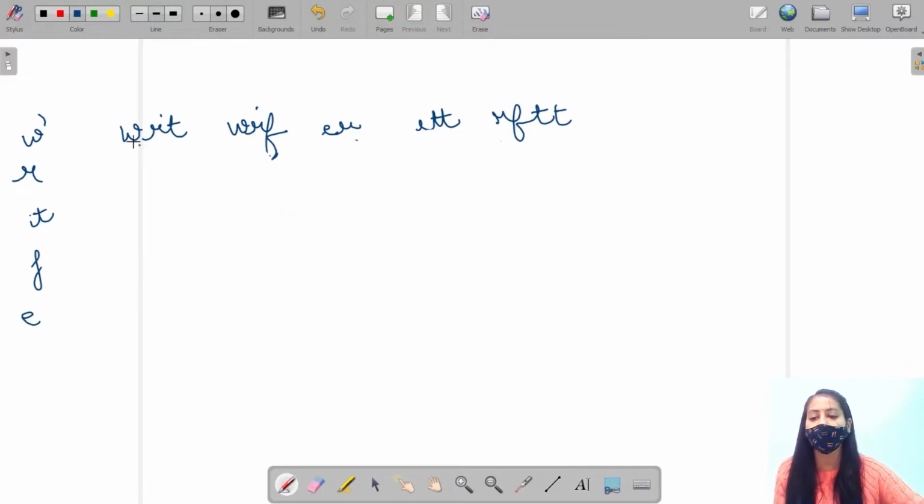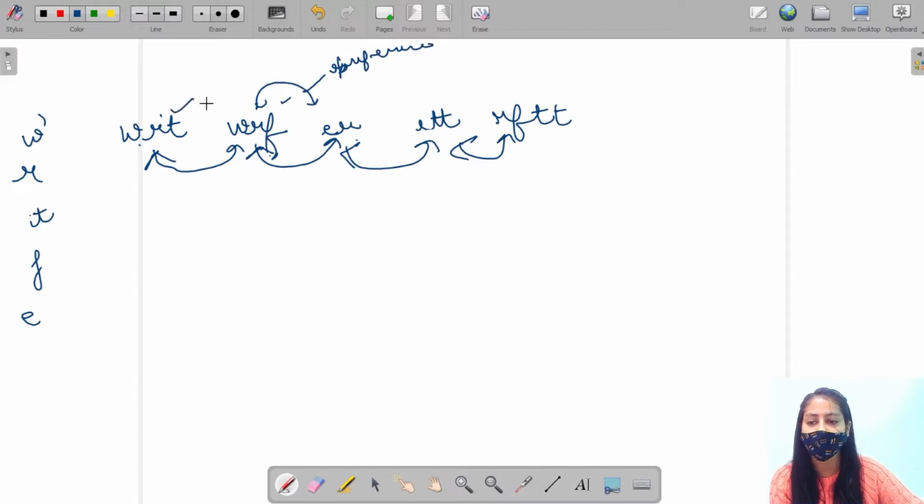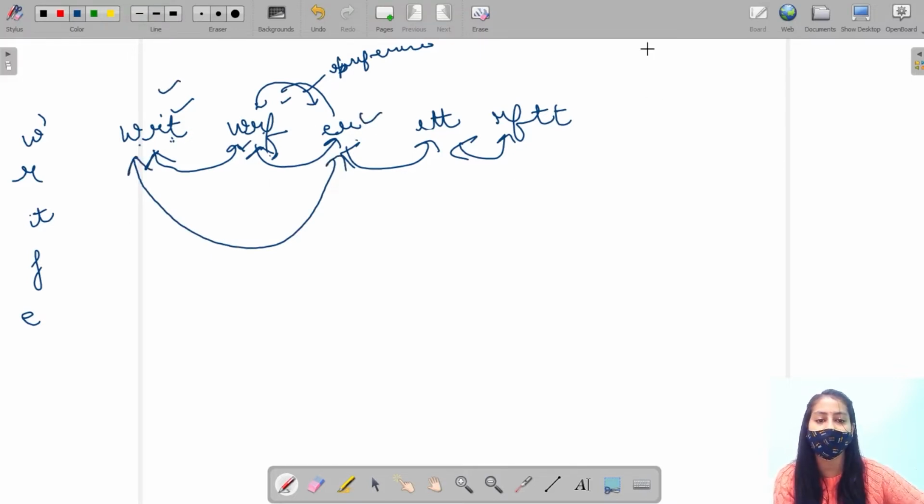What we will do, we will only compare the corresponding two words, the adjacent words. We will compare these two, then these two, then these two, then these two. Why? Because when I compare these two, this will tell me some preference, and this preference is correct for this also. Why? Because if WRF is coming before ER and WRT is coming before WRF, it's obvious that this word will come before this in the lexicographical order.